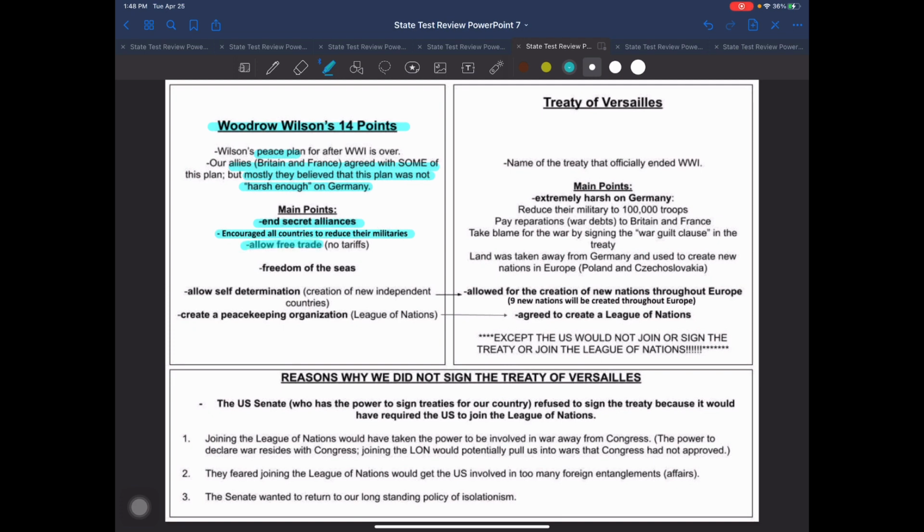He also encouraged us to have free trade with one another. He is thoroughly convinced that if you are doing a lot of trade with another country and your economies are tied together, you're less likely to have conflicts with that country because of the business that you do with one another. Now, the next one does take some explanation, and I do want you to write what he means by freedom of the seas.